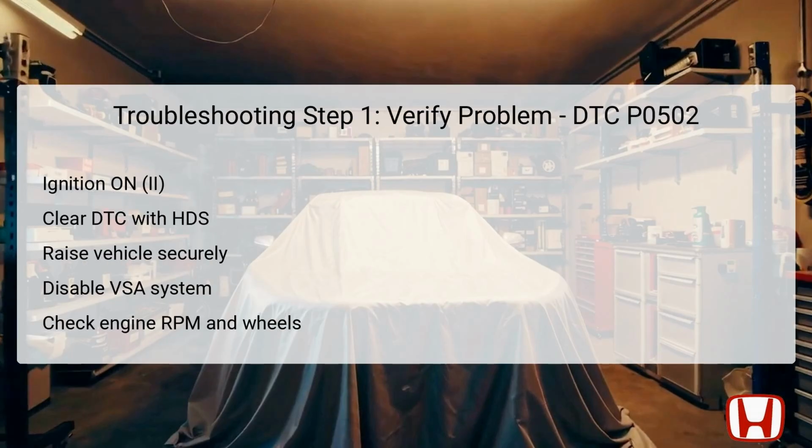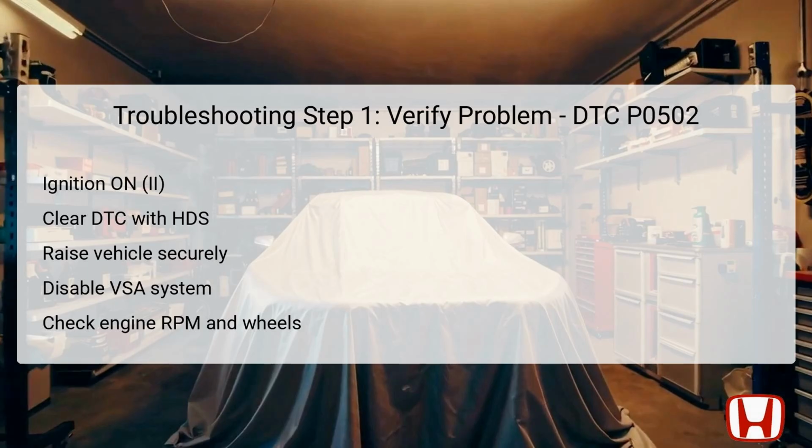The first step in troubleshooting DTC P0502 involves verifying the presence of the problem. Begin by turning the ignition switch to the on-two position without starting the engine, or using the engine start-stop button in an appropriate mode. Next, clear the Diagnostic Trouble Code using the Honda Diagnostic System, HDS. Once cleared, it is imperative to raise the vehicle on a lift, ensuring it is securely supported so that the